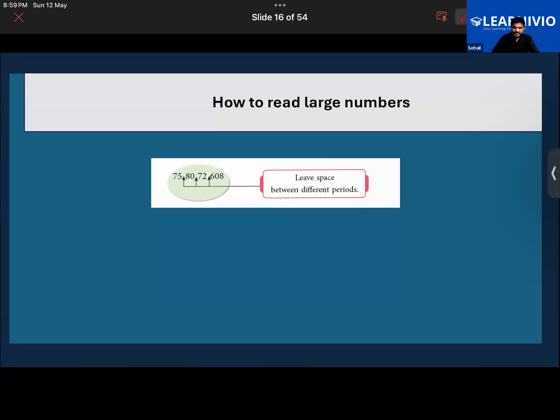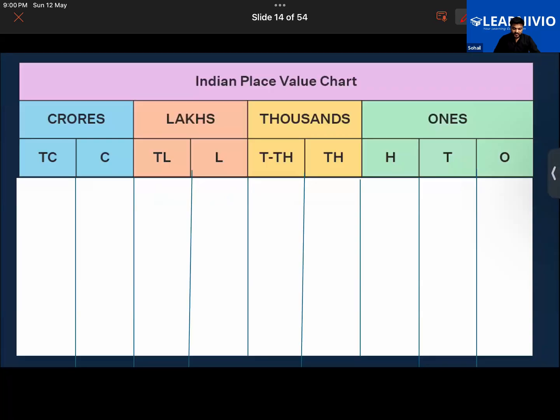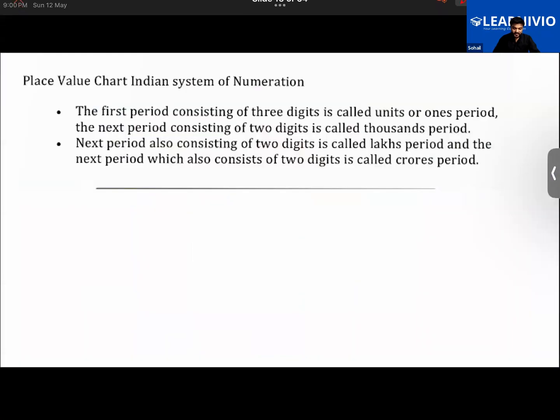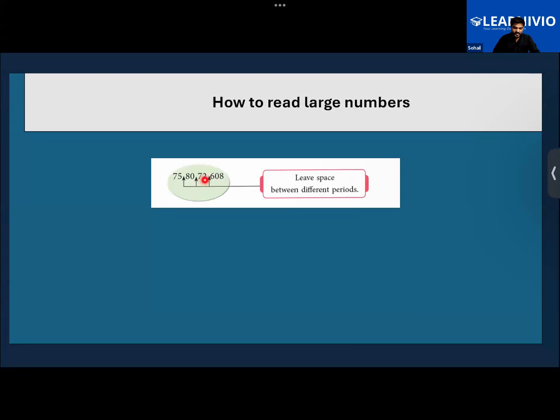For example, look at this number over here. We have been given this number. Let's understand how we are going to read it. While reading here, first of all, you leave spaces between them, as per the groups and the periods to which they belong. Like the first 3 digits belong to the first period, that is the ones period. So you leave a space after it. Getting it, guys? The reason we leave a space between different periods is because we would be inserting commas at that place. Okay, now?